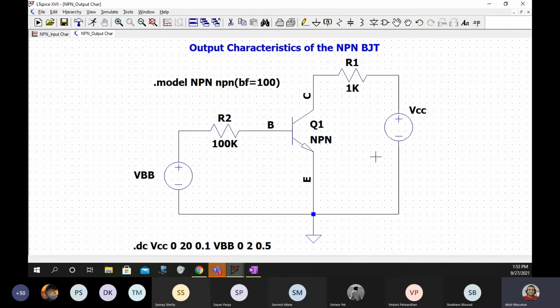Yes, Rohan and Riddhi, your input characteristics are proper. Go to the output characteristics now.